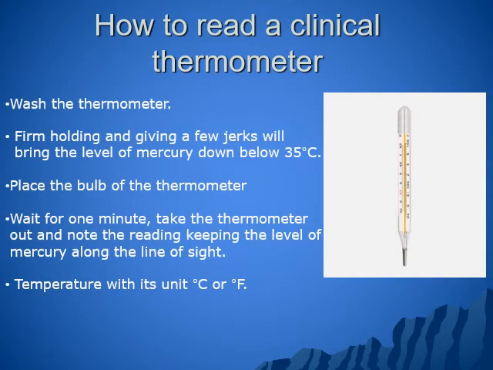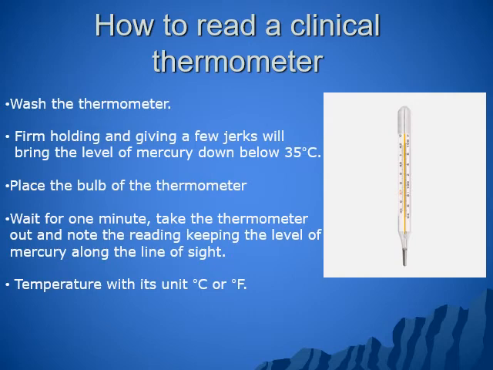So now how to read a clinical thermometer. The first step is to wash the thermometer with an antiseptic solution. You have to wash it with an antiseptic solution. And now, holding it firmly, give it a few jerks. This will bring the level of mercury down below 35 degrees centigrade because it has a kink